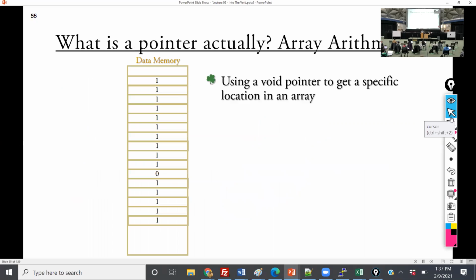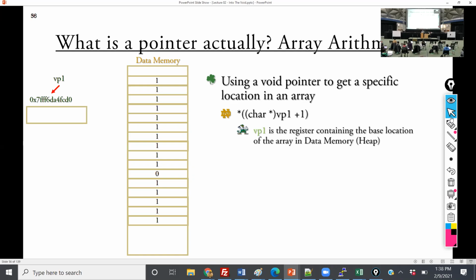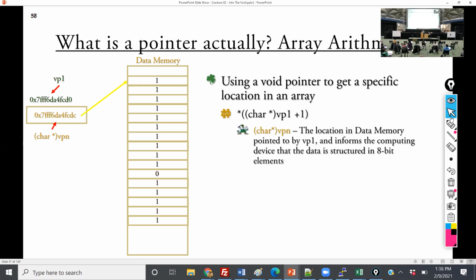All right, so now let's actually look at this. I'm going to go through the same thing, but now I want to show you what's actually going on on a block of memory. So here we have some data memory, and we have a bunch of characters. And so VP1 is a void pointer that contains the location on the data memory. So there's where it's pointing to, and to do that, we do char star VP1 for safety. So now I'm pointing at a location.